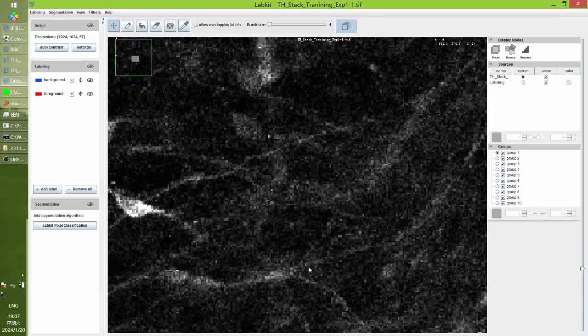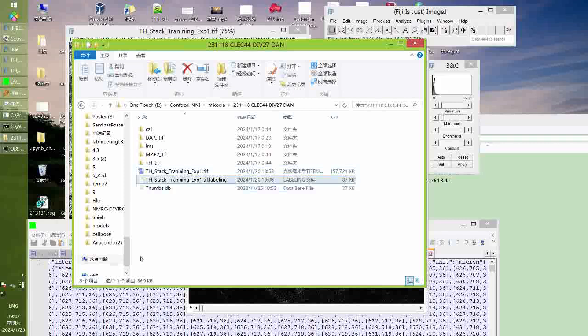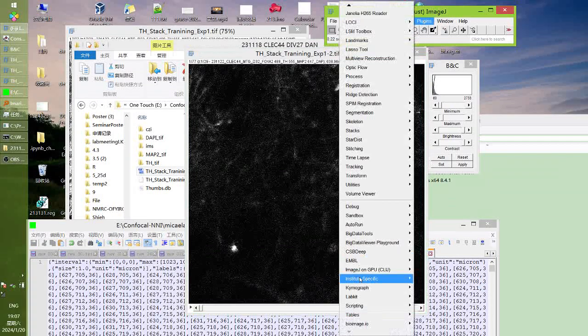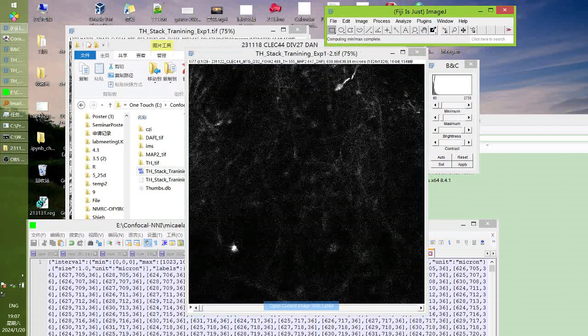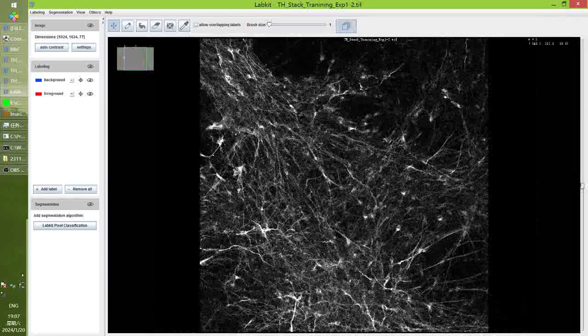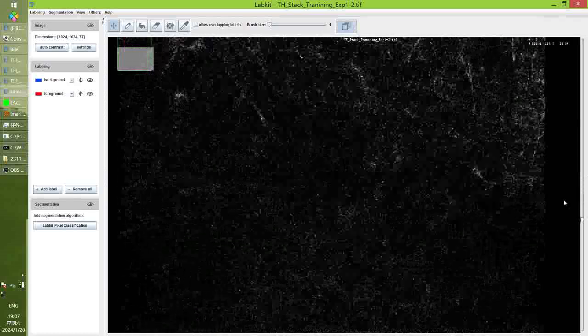But if you correct this to 76, save them, and you reload into Labkit, you will see the labeling go back in the correct position. You see, these are the